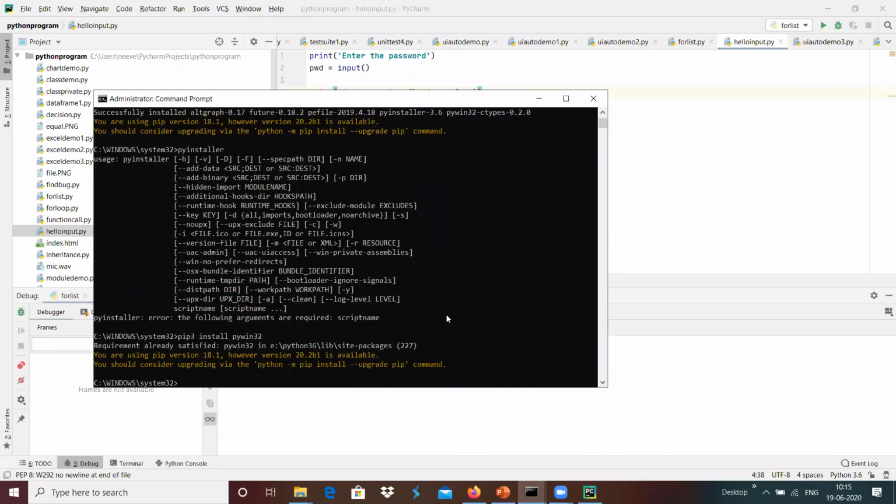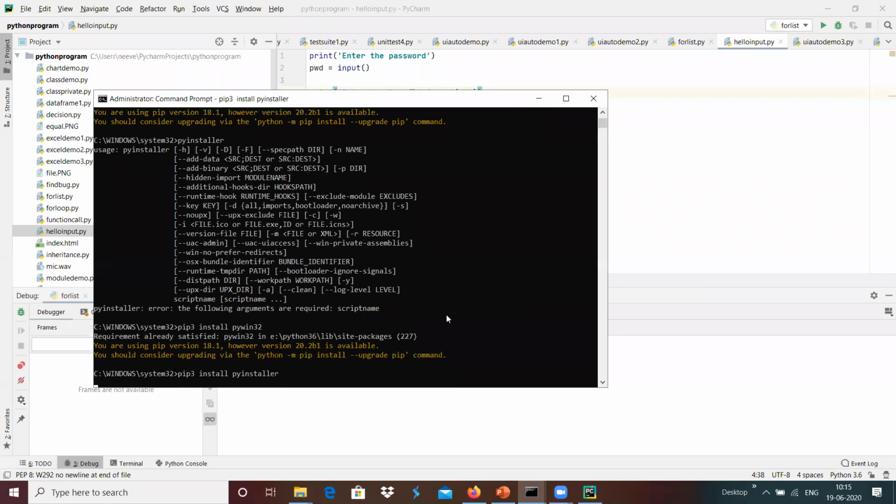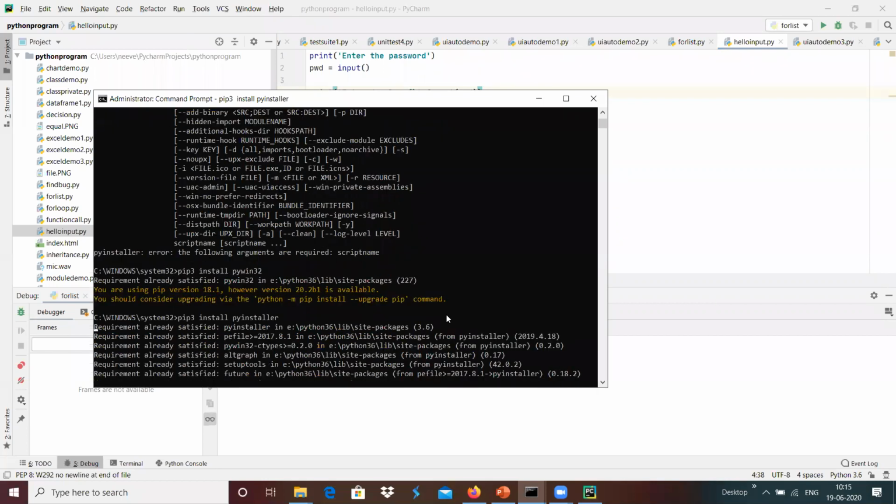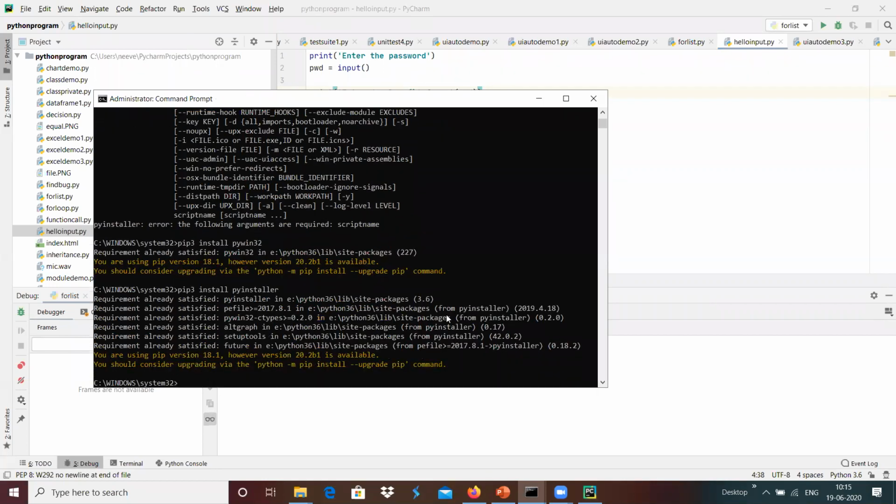For example, pip3 install PyInstaller, which installs the PyInstaller package into the libraries of the current Python interpreter. Since I have installed it already, it says requirement already satisfied. Otherwise it will download and install from the net.